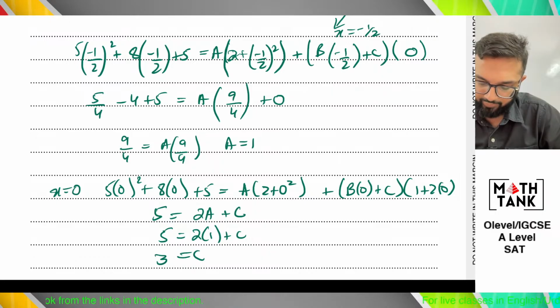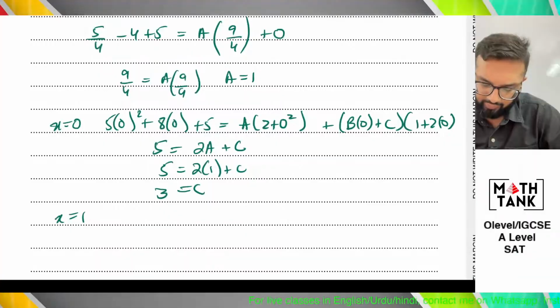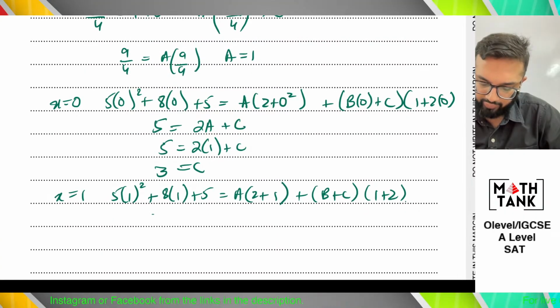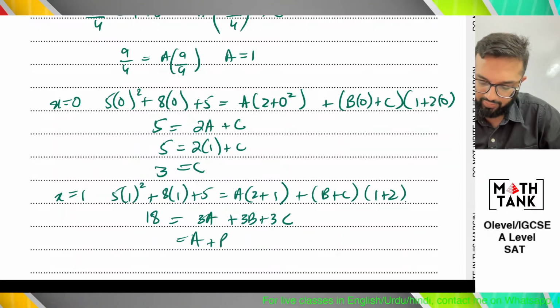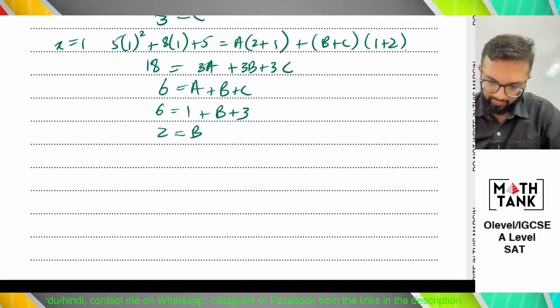So C is 3. And then I can take on x equals 1, I think, because I have all the other values. So I have 18, 3a, 3b, and 3c. A plus b plus c should therefore equal 6. A is 1, b is not known, and c is 3, so b is 2. The partial fractions are then